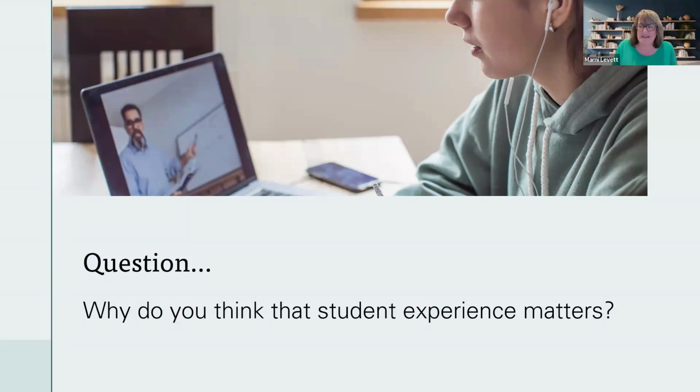You're just spouting out information to them. But when students feel seen, valued, and capable, they're more likely to stay engaged, persist through challenges, and take ownership of their learning. This is especially true in online and hybrid environments where feelings of isolation, confusion, disconnection, that can